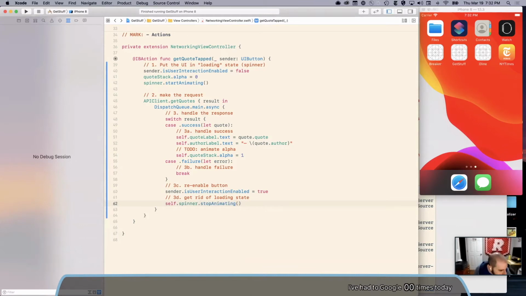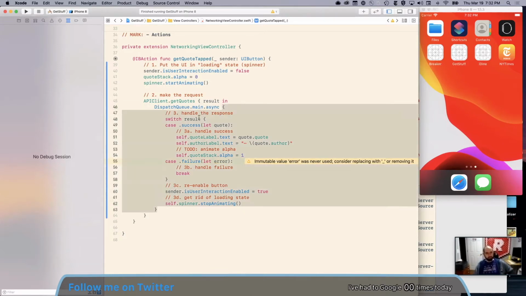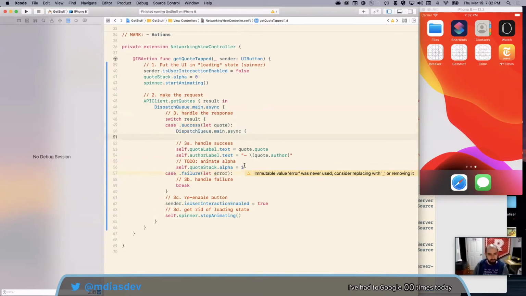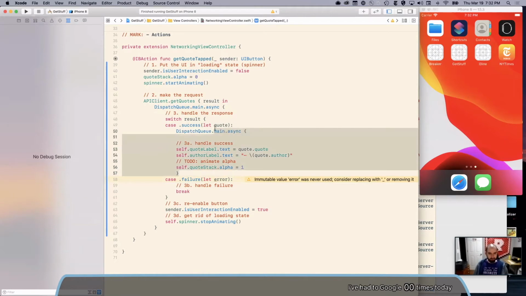self.spinner.stopAnimating. From the chat, does that bring it back to the main queue after success? So what I'm doing, I'm putting all of this code on the main queue. I could put the DispatchQueue.main.async inside here, and that would send just the success to the main queue.